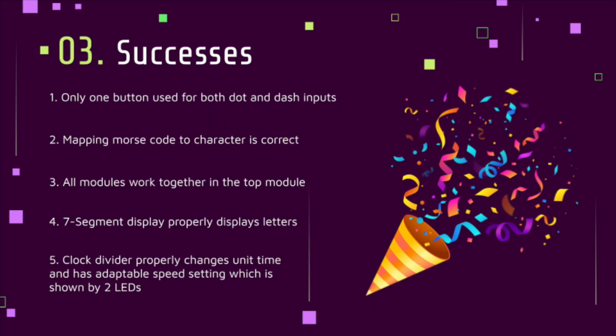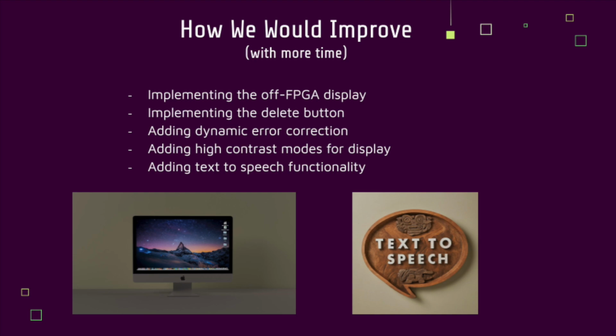Despite having multiple failures in our design, we also have a variety of successes. Our device has adaptable Morse input speeds and 2 LED lights that alternate each time unit to display the input speed setting. Moreover, we accomplished having both dots and dashes linked to the same button rather than the easier 2-button design. Some features we would add if we were to continue this project outside of the scope of this class